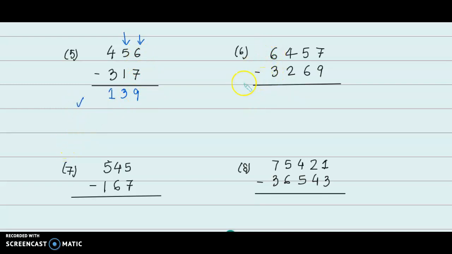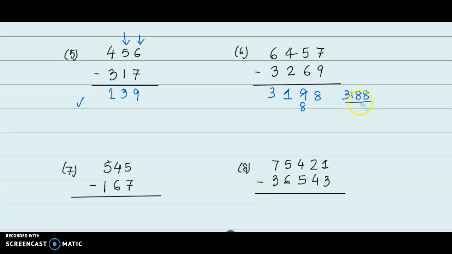Doing it in the same way, I will just do it now. I will not explain the steps, you will understand easily. 6 minus 3, 3, 4 minus 2, 2, and 2 minus 1, 1, 6 and 3, 9, 6 and 4 and plus 5. Complement of 6 is 4 and plus 5, 9. But again this is smaller, so reduce it by 1, make it 8, and 9 and 1, 10, 1 plus 7, 8. So your final answer is